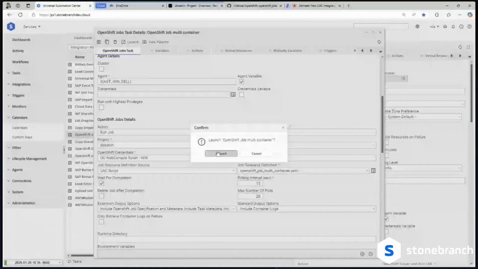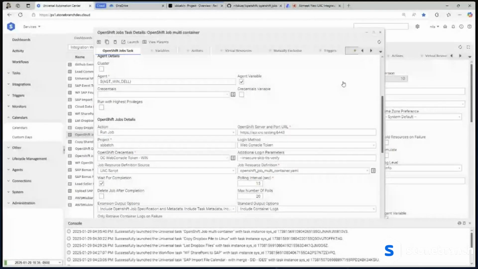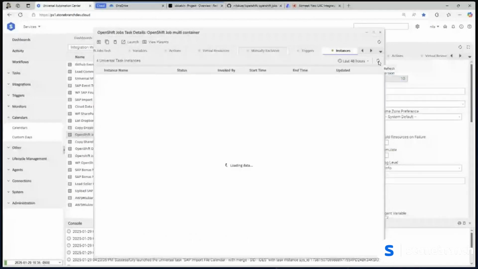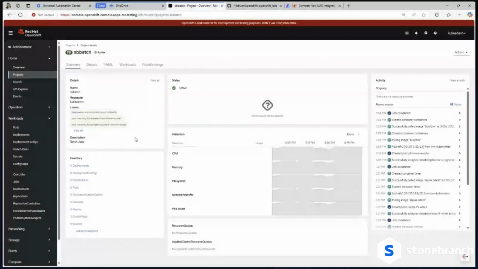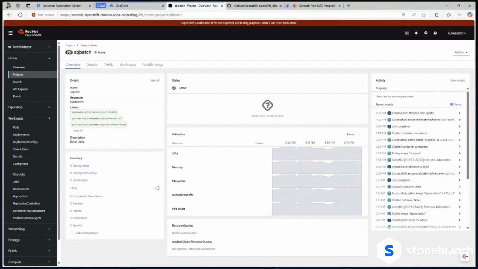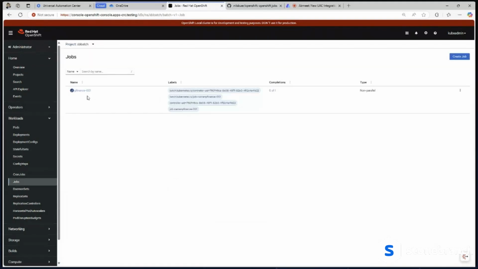So I launch this job now. It's running now. So if I go now to my OpenShift environment, so this is the OpenShift console. I'm logged into my project called SB Batch, because maybe you saw the job runs in SB Batch. I go to the job task, and you see the job called pfinance 001 is already completed. So if I go now back to my Universal Controller,